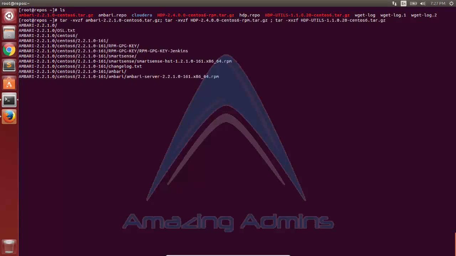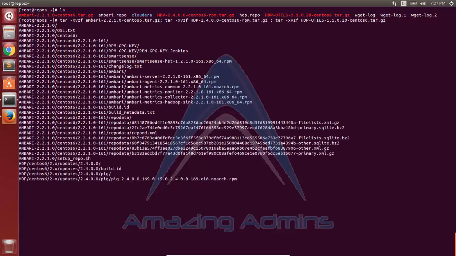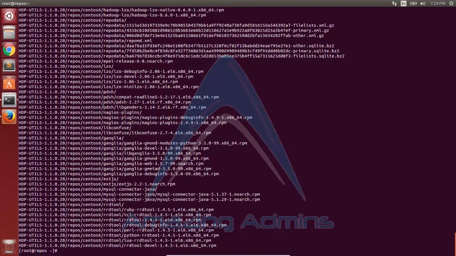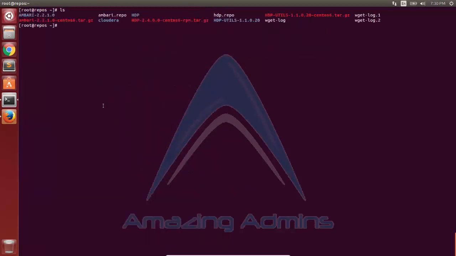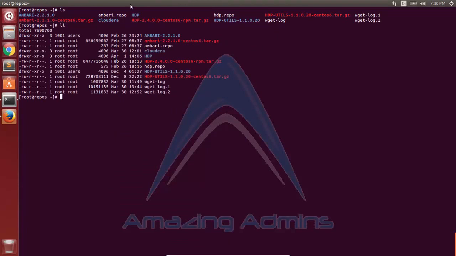You see, the extraction has begun. So I'll skip this to the end. As you can see, all the three tars have been extracted. You can see three folders have been created: Ambari, HDP and HDP-UTILS.